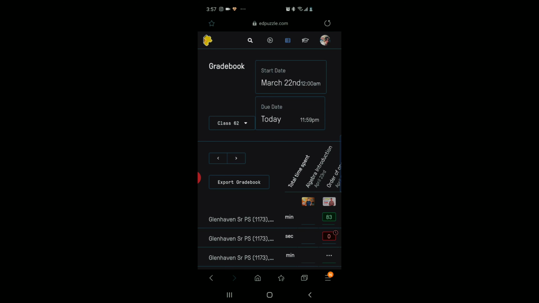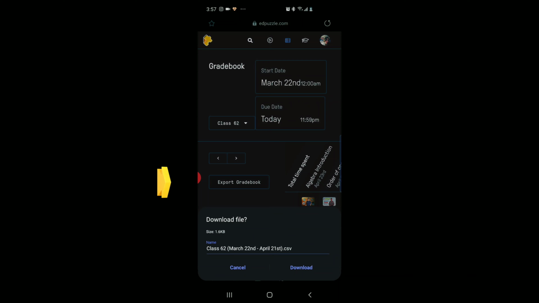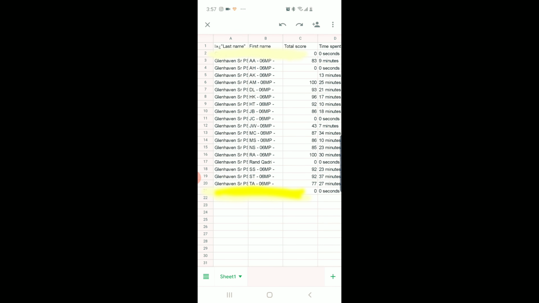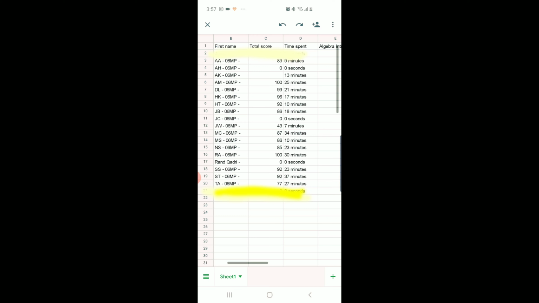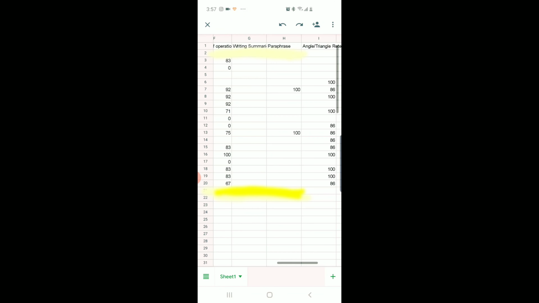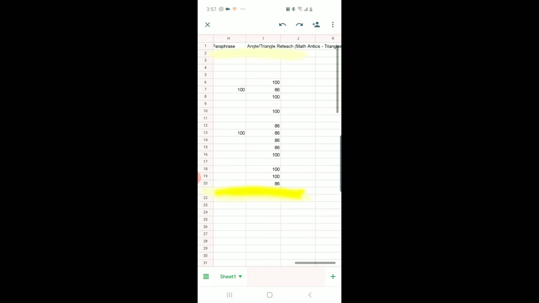So what I can also do is I can export the gradebook. And when I click on that, it actually opens up to a Google Excel sheet. And once I open that up, it'll give me all the details of all my students as well as their time spent on the website so far, as well as what their grades are or what they got out of 100. So it's really broken down nicely and it's so organized already,